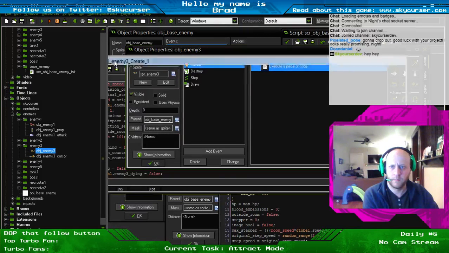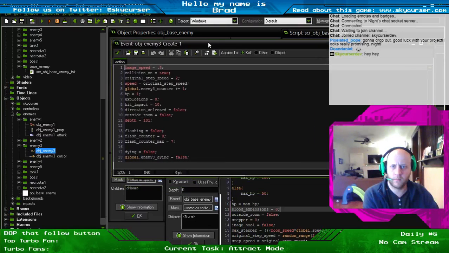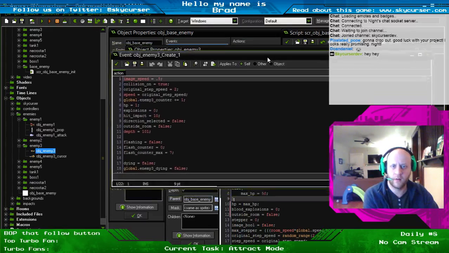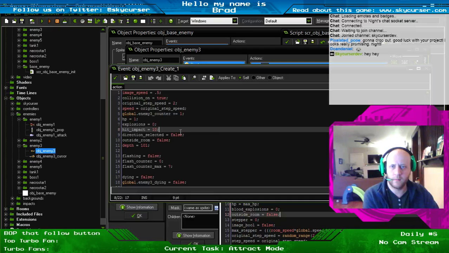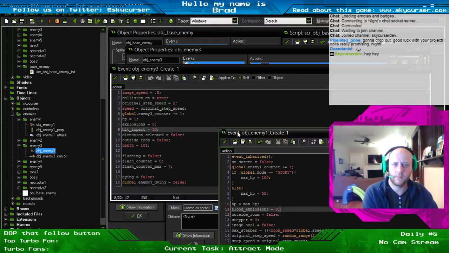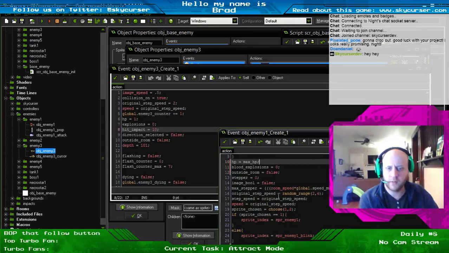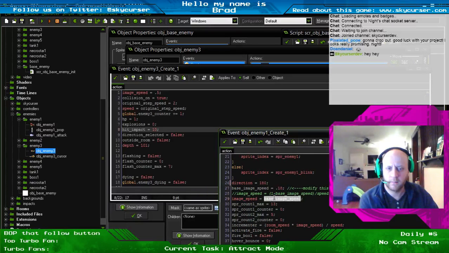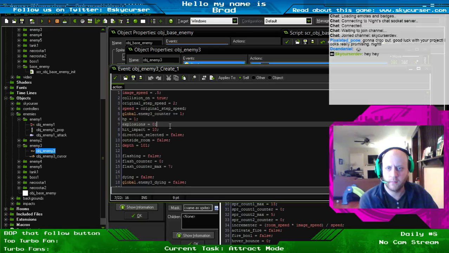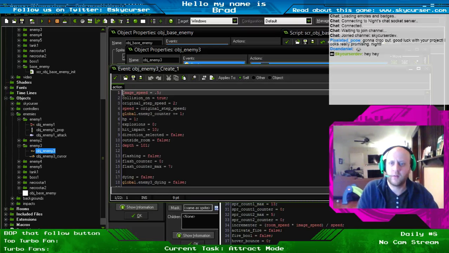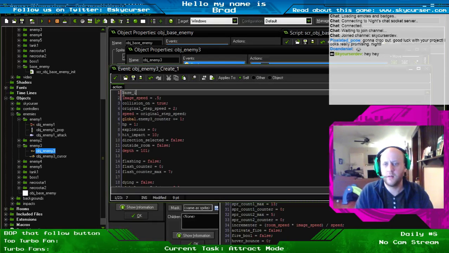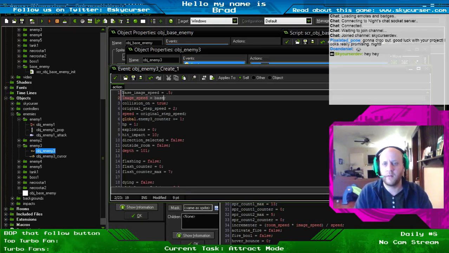Alright. See what similarities I have between object 1 and object 3. See if I can port anything over to object base enemy init. Image speed. Base image speed. So I guess with this guy I could set a base image speed equal to 0.5 since I've got that on the other guy, and then just set them to base image speed here and let those remain